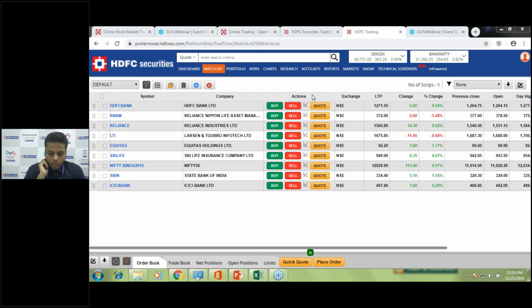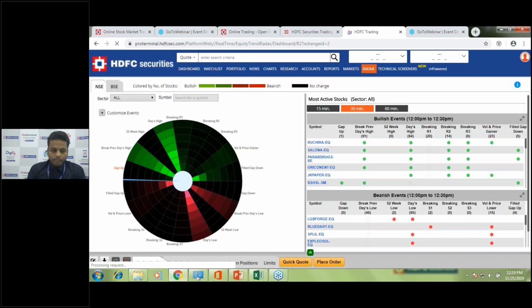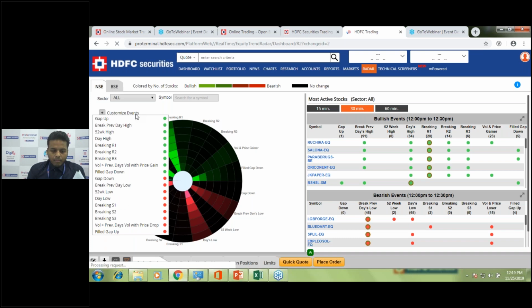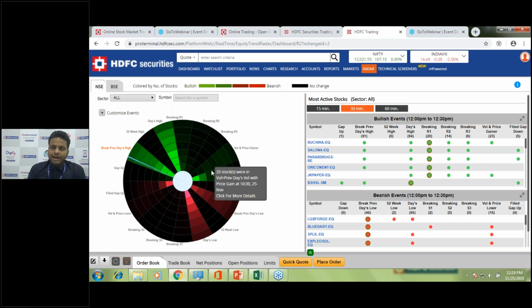We have a question from Mr. Subramaniam. Can you explain the radar facility again? Sure, Mr. Subramaniam. I will just go through the radar facility. You have to go to the radar section and click on radar. You can see the number of events. This is the middle line, and on the top of it you can see the 9 bullish events and